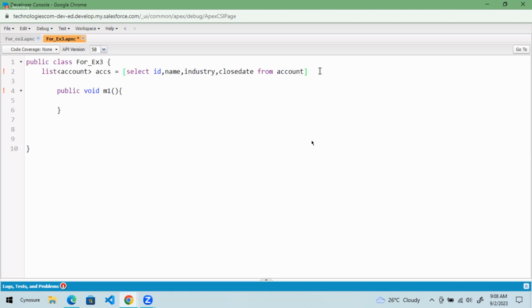Okay. So now what happens? All the account records will come. Okay, yes or no? All the account records will come. Okay. But in the account record, which fields will come? I am asking for only these fields. Only these fields will come. Okay. Now what I want to do is,